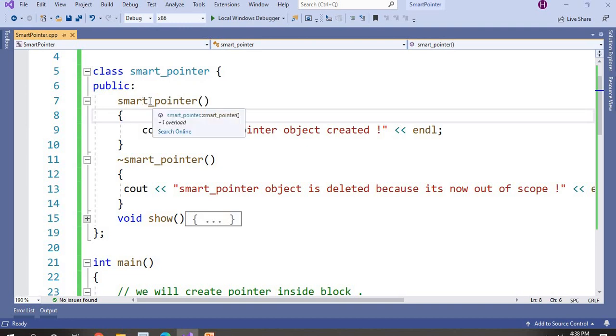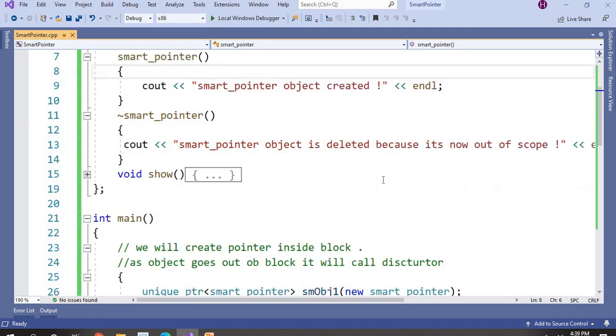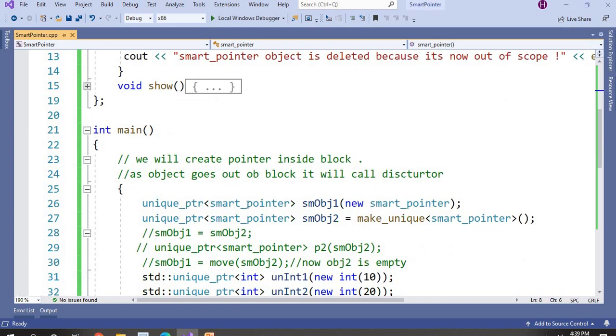I have created one constructor and destructor. Inside the constructor I have printed the message smart pointer object is created. So it will be called when you create an object. And the destructor will print a message when your object goes out of scope. So let's see, in the main function I have created a